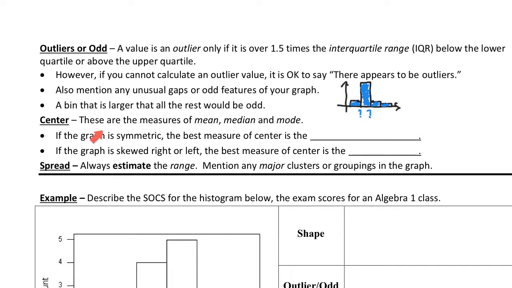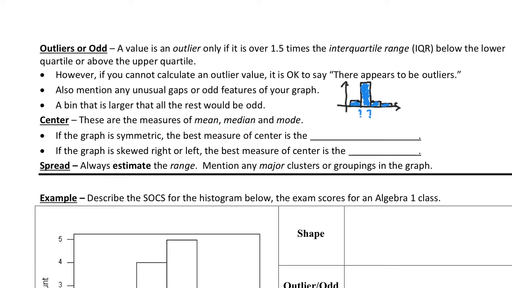Next thing, we're going to look at center. These are the measures of mean and median. I did put mode here. I really haven't talked about it. Mode is usually used mostly for categorical data. So if we were studying bar graphs, we'd focus on mode. We do mention mode in the shape, that is unimodal or bimodal, but we're really going to stick with mean and